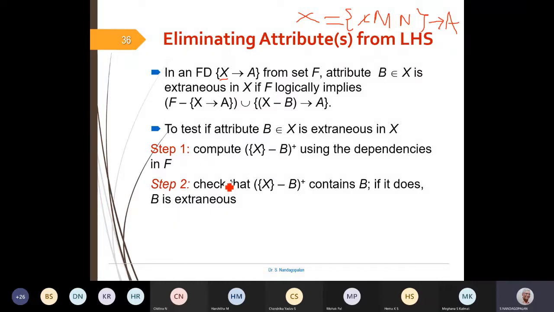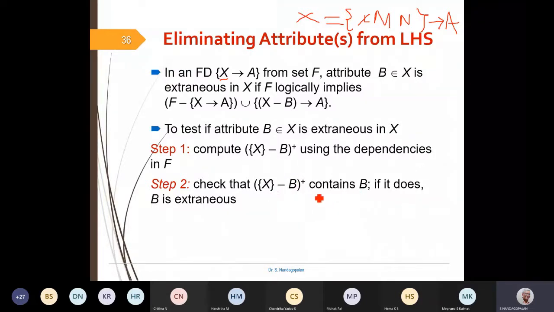Now in that closure, check whether the attribute you think could be extraneous, that is B, is there in that closure. If it is, then it is extraneous. What it means is that it is not required, that means whatever you have deleted from X is correct.